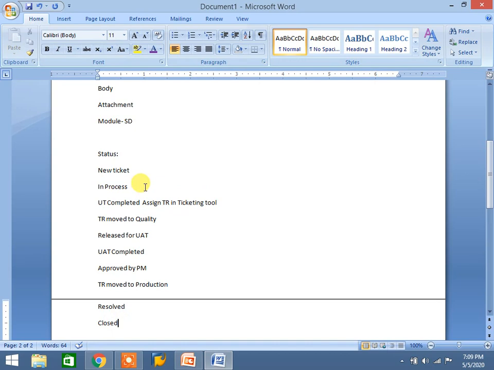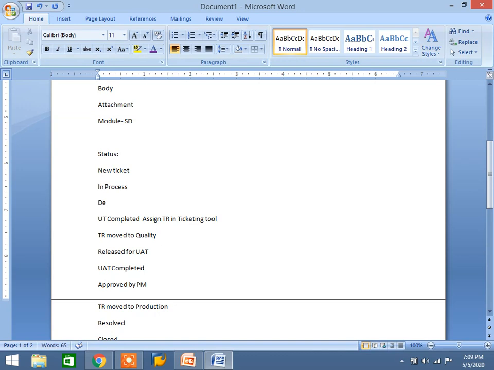Okay, here one more process is there. Assign development. If it is any development related issue, we can assign the development team. This is optional, because if it is directly config related, we no need to assign. Just directly you can do UAT completed. Otherwise it is development. Assign development, it will go to the Basis team. The Basis manager can assign this ticket to their team.